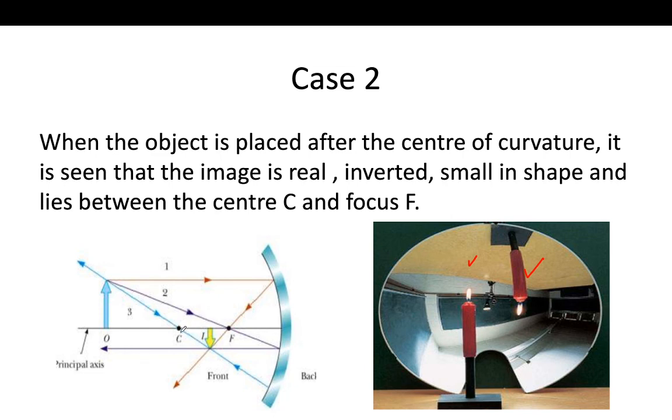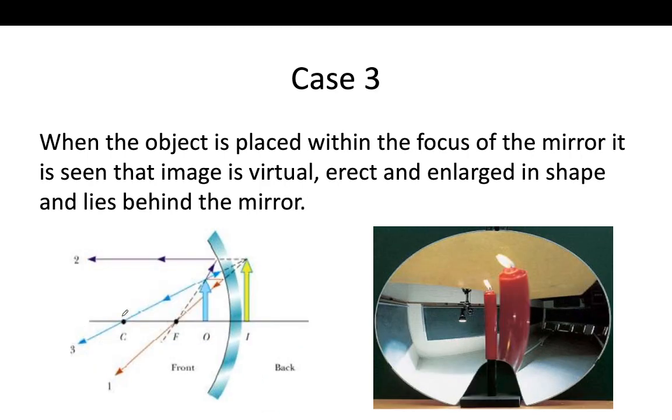Whenever the object is placed beyond the center of curvature, the image will be real, inverted, and small. It will be small because this is the center of curvature and the object is placed beyond it. Okay, from here we will